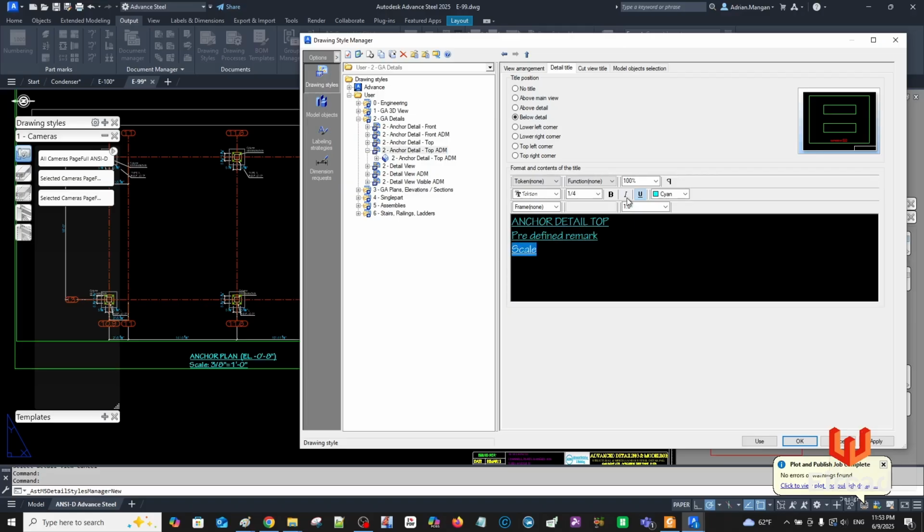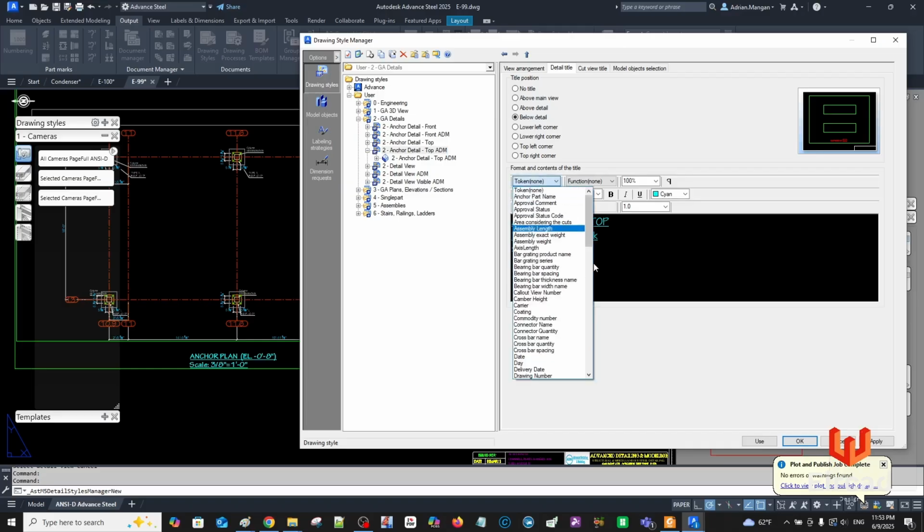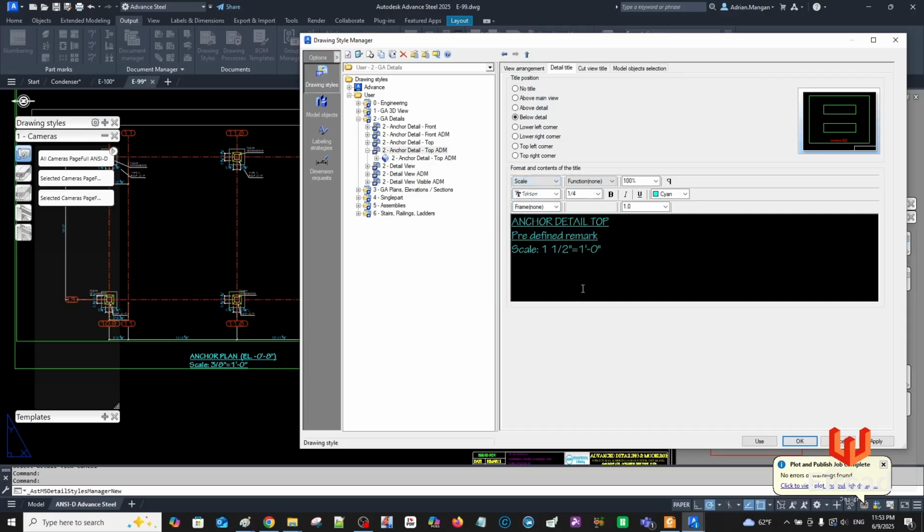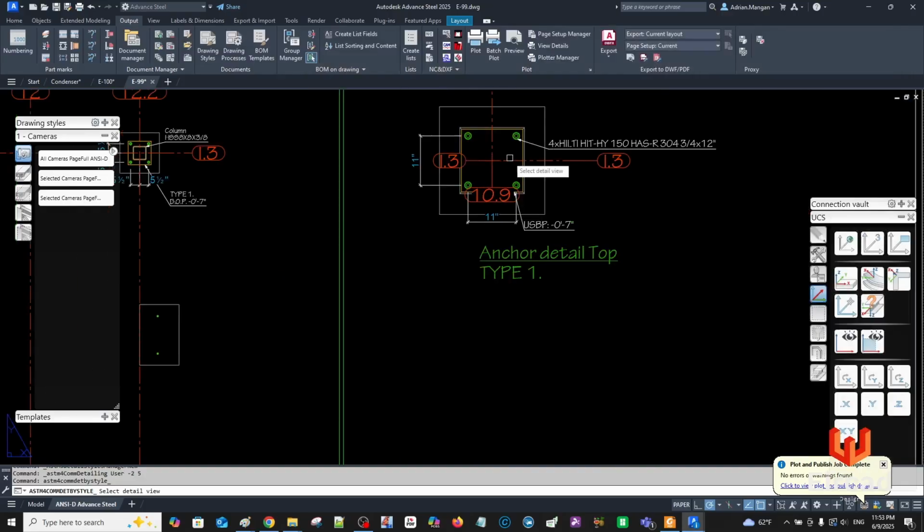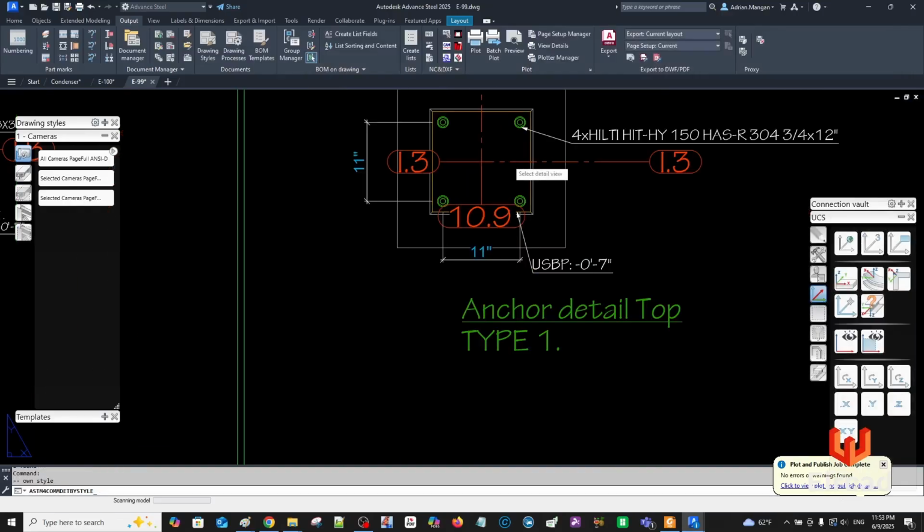I like to turn this off so it's not continuing from the previous line actually, and then just put it in for this line. Seems kind of weird, right? But I think it works a little better. Apply, use, and then